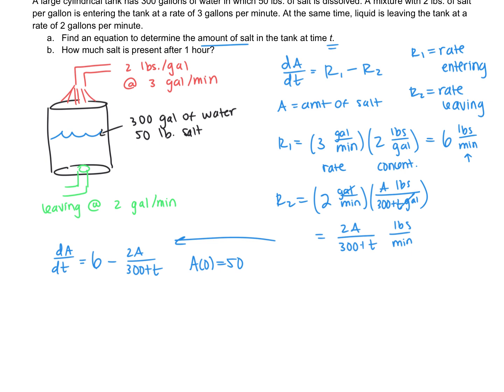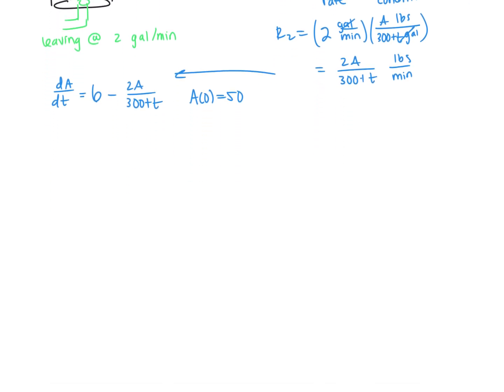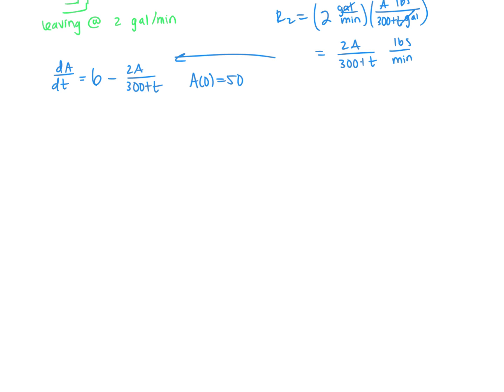Okay, so now that we finally have our model, it's time to actually solve this. The first thing you're going to notice is this is not separable. So it might be helpful if we rewrite this in a different order. We have dA/dt plus 2A over 300 plus t equals 6. Hopefully if you write it this way, we recognize that this equation is linear. To solve a linear equation, we need to find our integrating factor, which is e to the integral of 2 over 300 plus t dt,